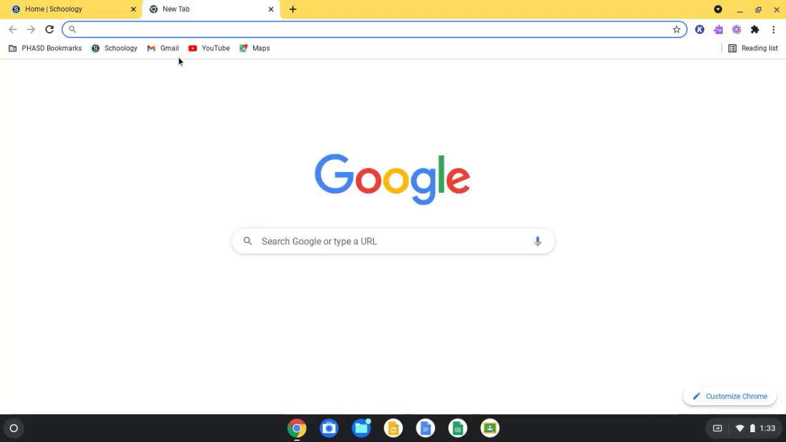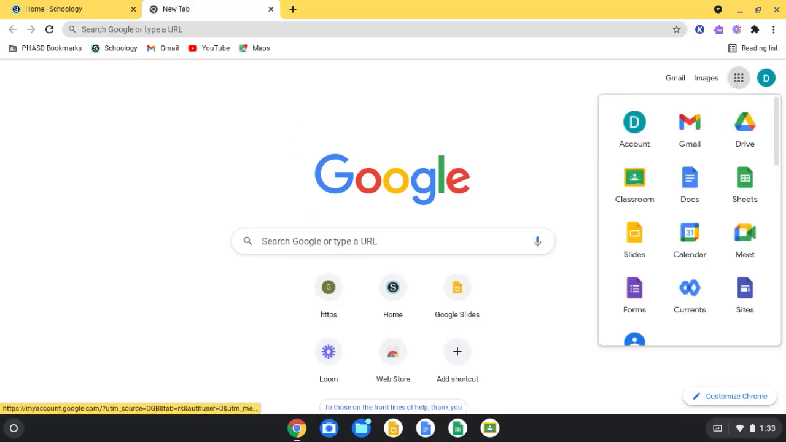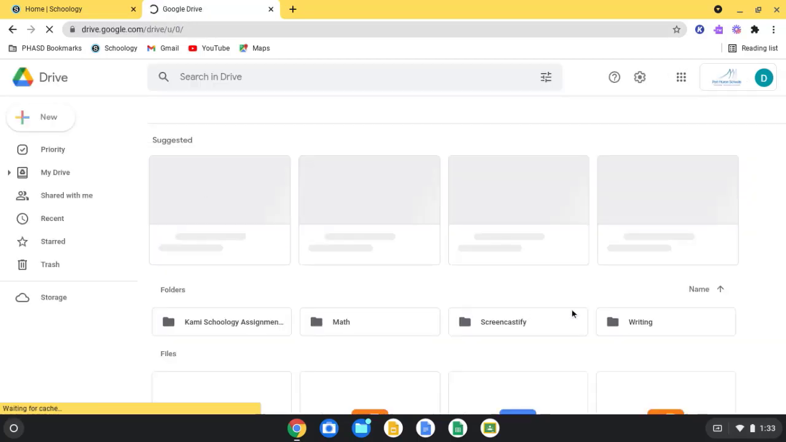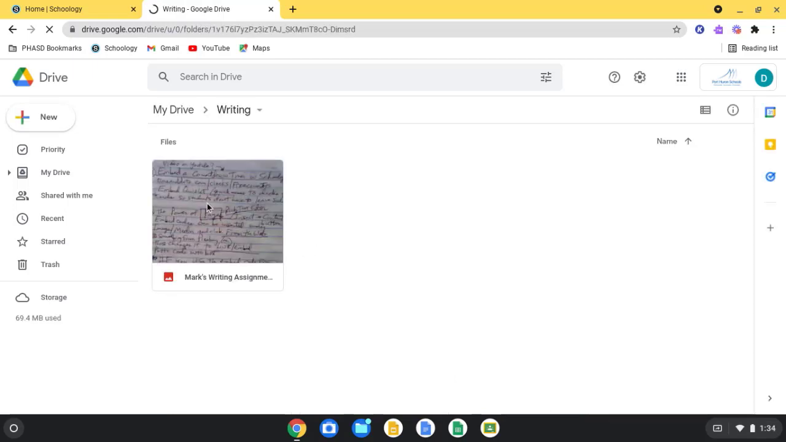Now the student can go into Google Drive by clicking here and clicking Drive. Now there's the folder called Writing. I can double click to open that. And inside the folder, there is the picture. Now the student can do whatever he or she wants with this photo. It can be used inside of a Google Slides presentation, for example. It could be submitted to a Schoology assignment or any number of different things now that it resides in the